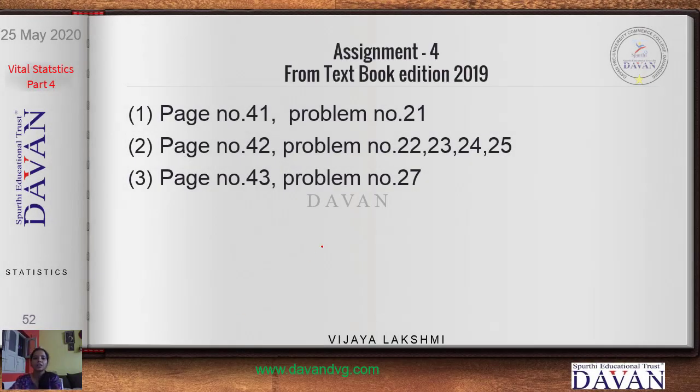Now the assignment problems are from the textbook, again of the 2019 edition, and these are the problems which you are supposed to solve. If you have any doubts, please let me know. I know it is a little confusing with respect to the STDR. Analyze the problems differently, and listen to the audio and the concepts very clearly. Only then will you be able to avoid the confusion and solve the problems easily. Okay, thank you.